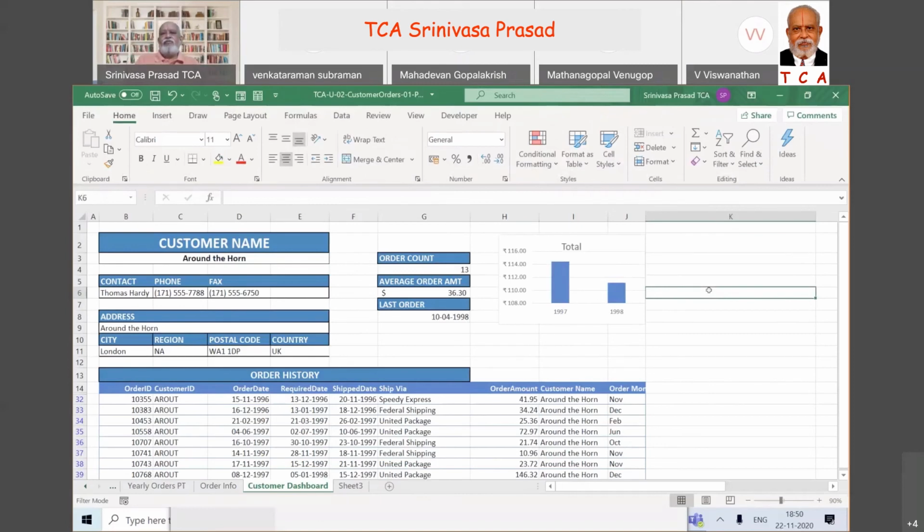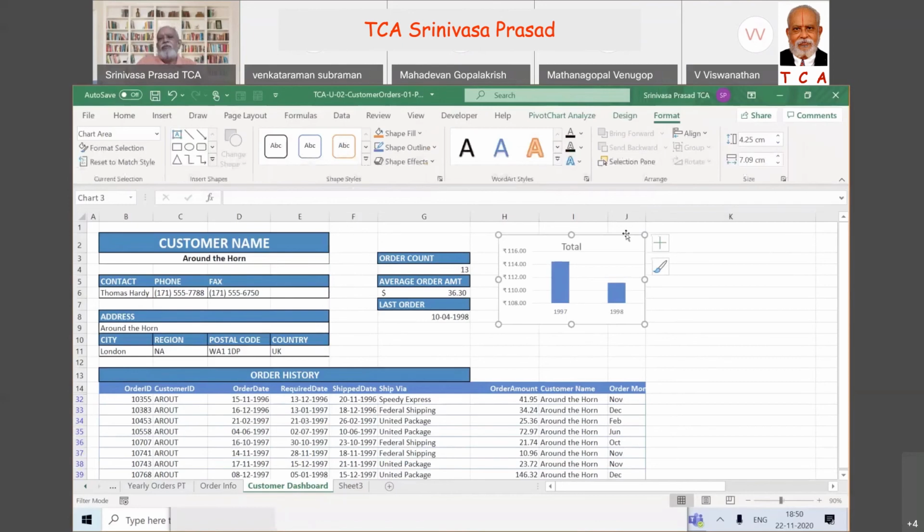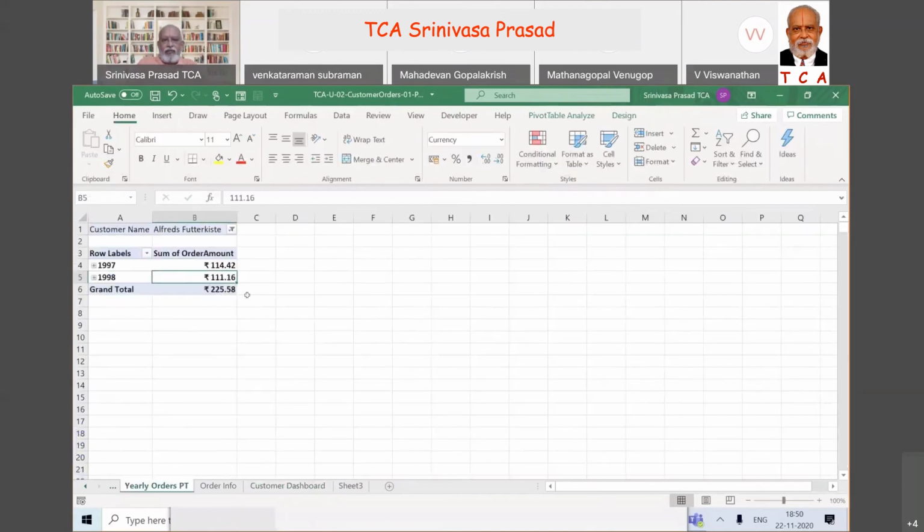Now the chart, suppose around the horn, but please remember one thing, this chart belongs to whom now? Does it belong to around the horn? Or this belongs to whom? Let us have a look at it. This belongs to Alfred. Please remember, this belongs to Alfred.